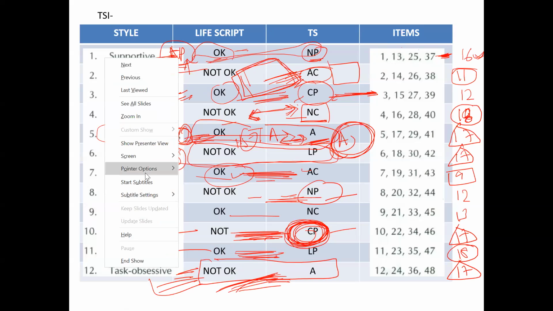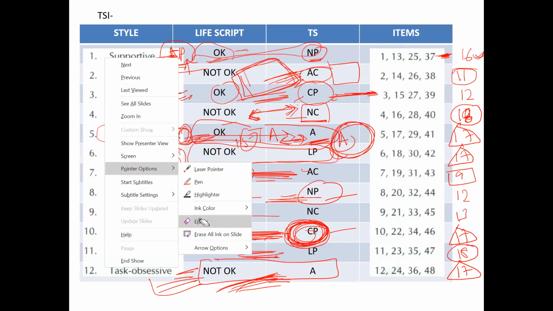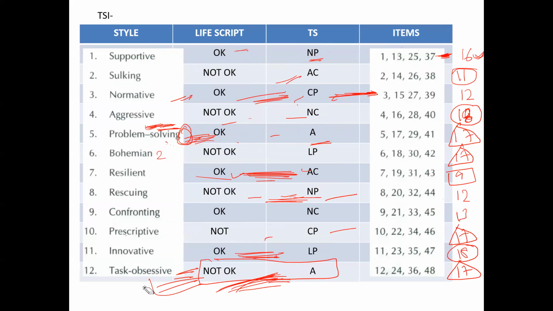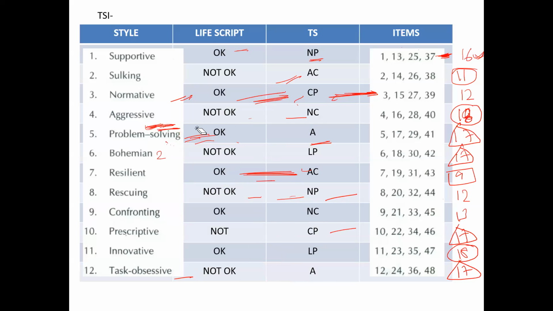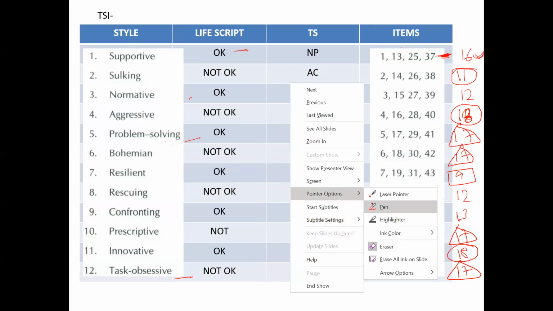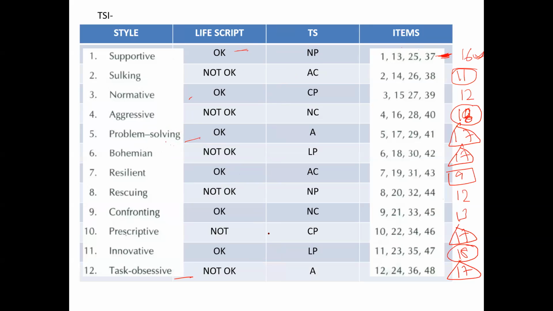Well, now what is important here is, all of you, when you see your profiles, please remember, the ones that you have circled is your default profile. When you meet a person for the first time, you start with the default profile. And if you understand the concept of transactional analysis well, if you think your default style is not working, you will immediately navigate to your backup style. So a triangle is a backup style.